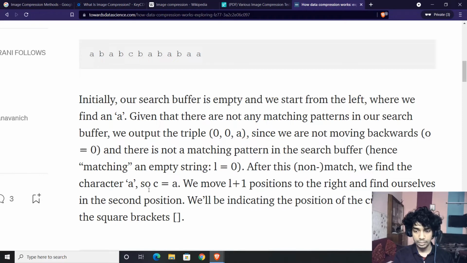After this match we find the character A, so C equal to A. We move 1 plus 1 position to the right and find ourselves on the second position. We'll be indicating the position of the search cursor using the square bracket.